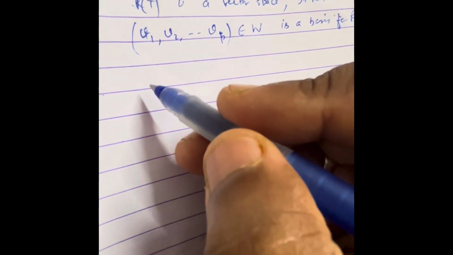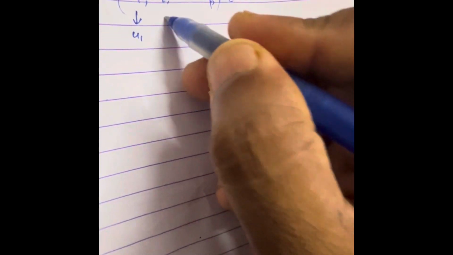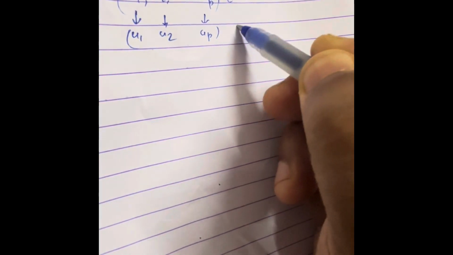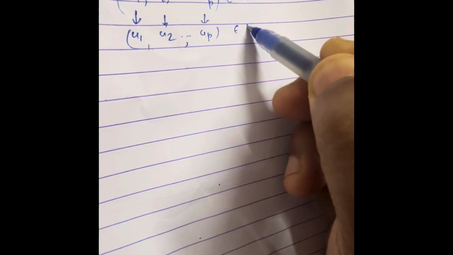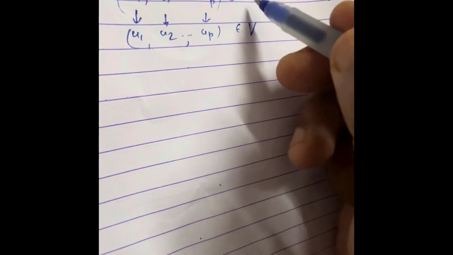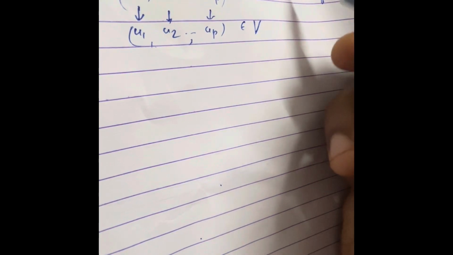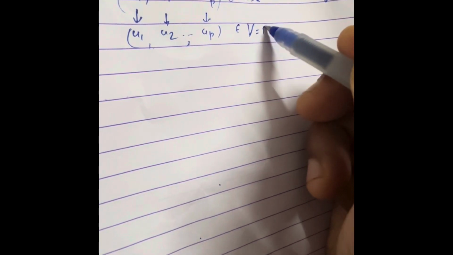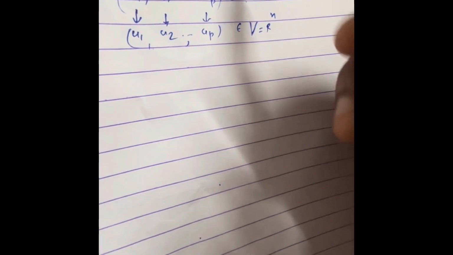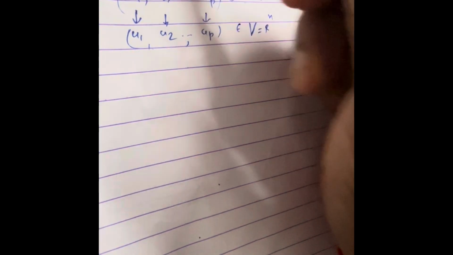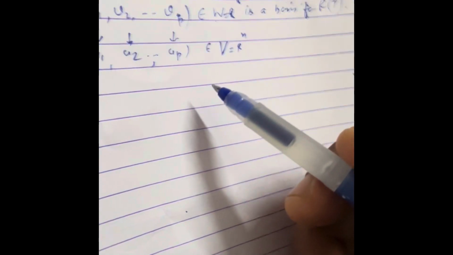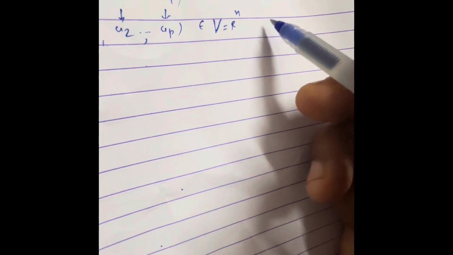Of course, since these are in R(T), there exist u1, u2, up to up, all vectors in V. So W I can call here as Rm, and these are the vectors in Rn. Because in general this is taken as W and this is taken as V. It's okay. So these are the vectors in this one,